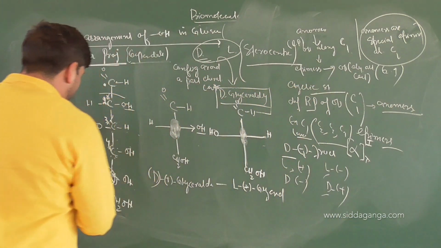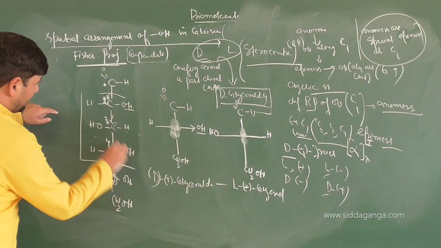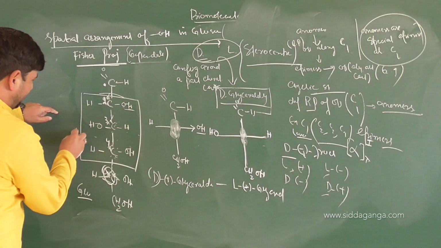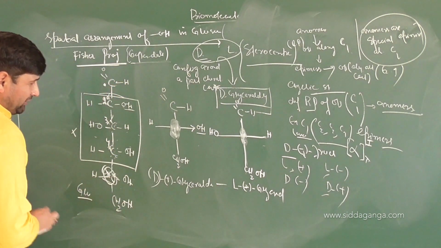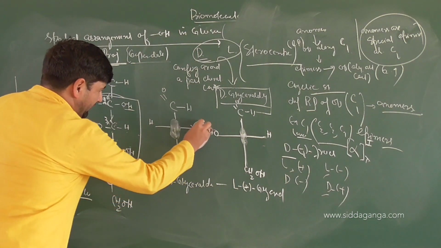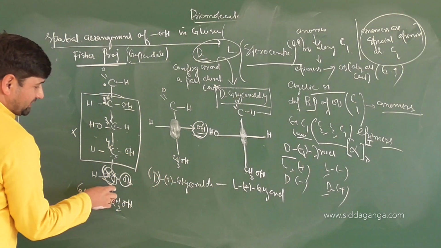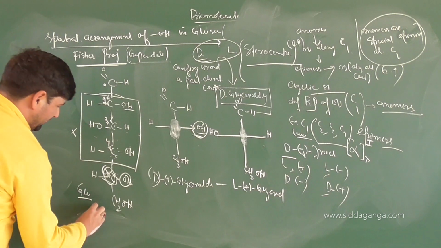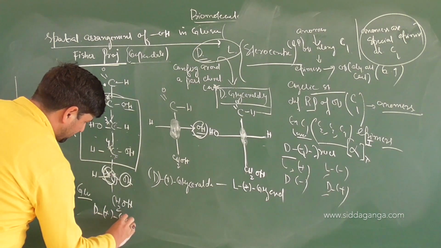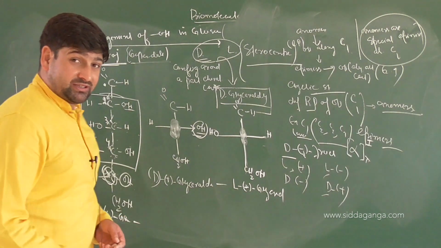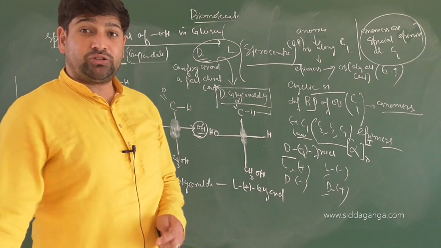Now have a look here. If I forget about this part of the glucose, I just consider this part of glucose is not available to me. So when you look at this, it is glyceraldehyde only, right? Have a look. In glyceraldehyde, OH is on the right. Here also OH is on the right, in the farthest chiral center. So this becomes our D plus glucose. It becomes D plus glucose. So is glucose dextro or levorotatory?